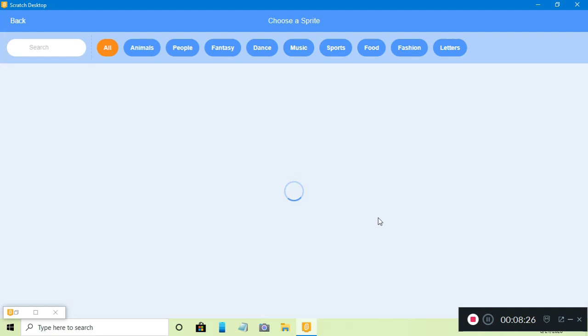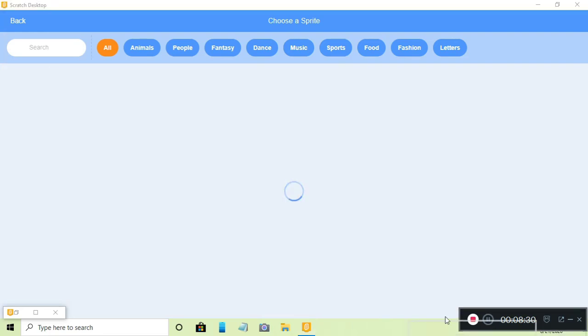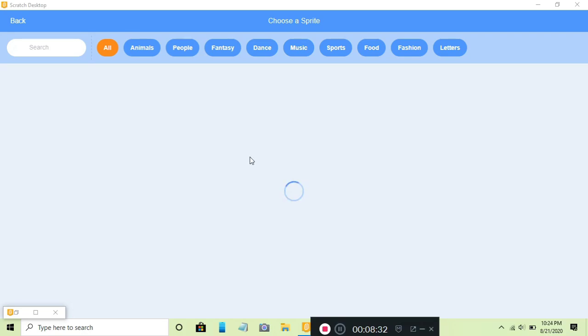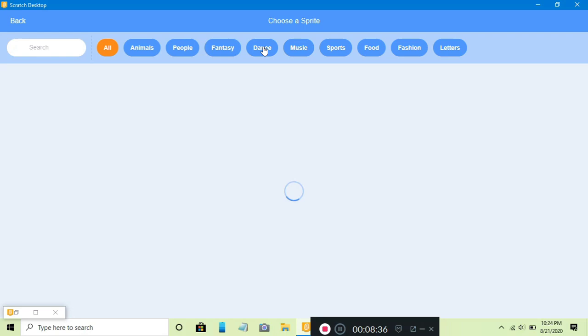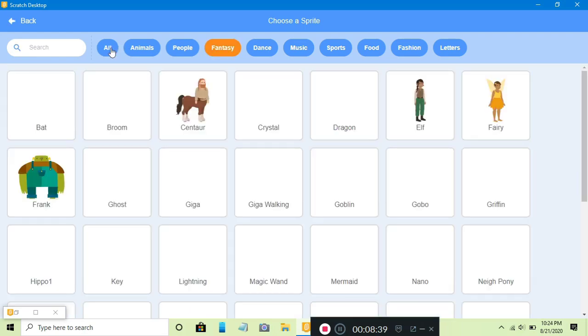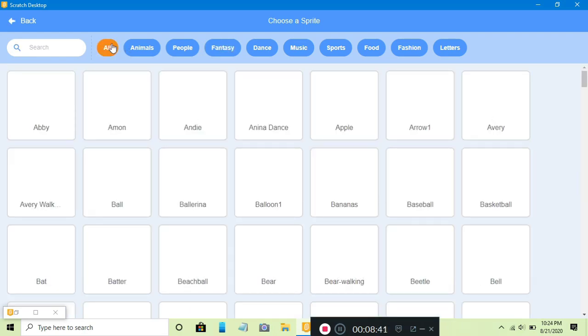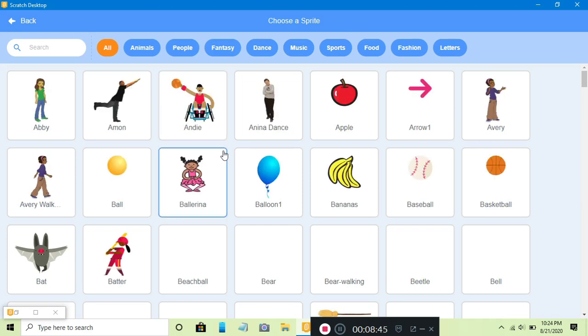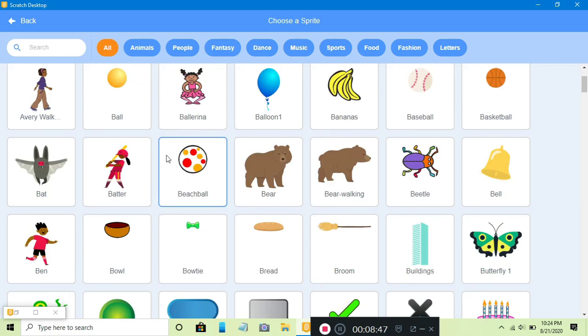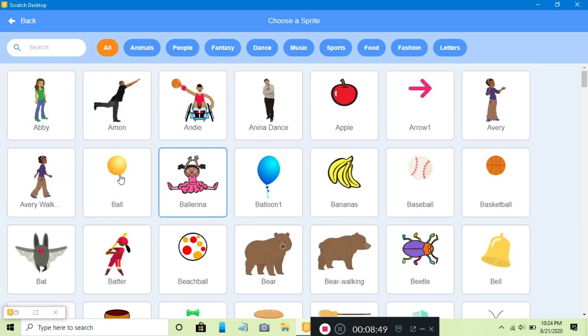When you go here, you can see all animals, people, fantasy. So these are all characters. We can choose according to our choice. Some are clip art, some are characters.